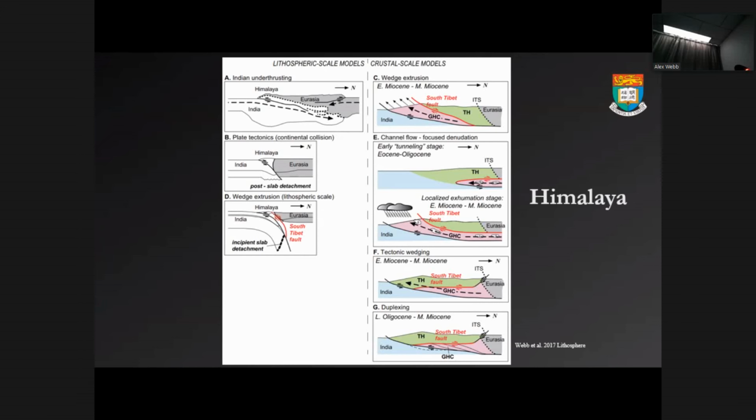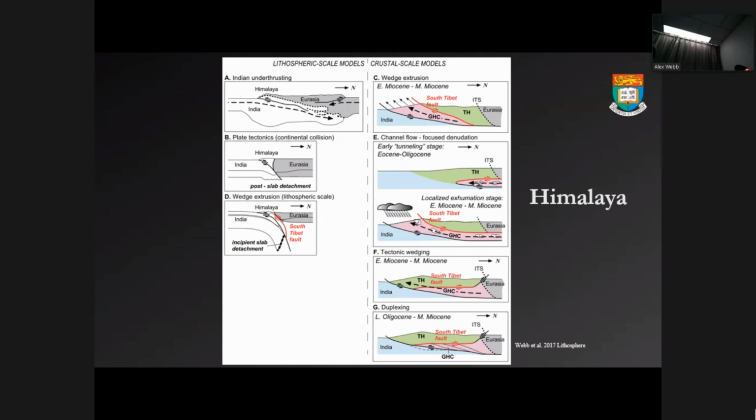And then there is one key structure that forms all of the other models, which is this fault, the South Tibet fault. It's shown differently in different models. But for the most part, this is thought to be a gigantic normal fault, a gigantic extensional structure within the Himalaya. So that's really strange. Just at face value, for Himalayan workers, we don't consider it strange because we've known of this fault since the early 80s, the mid 80s. So it's been with us for 4 decades.